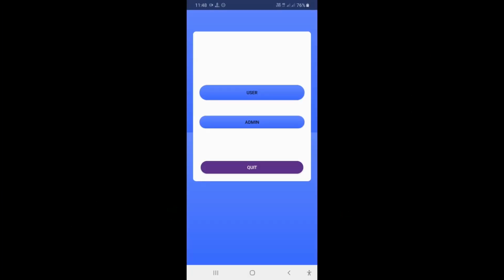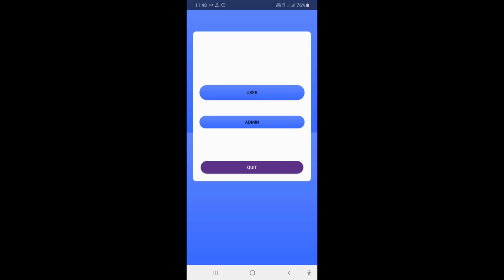Welcome all. So today I'm going to present an Android application which was created for Exposys Data Labs. I have created this application using Android Studio, where I use Java for the backend, XML for the front end, and also Google Firebase to create the database. So let's get started. These are the two modules, the user module as well as the admin module.